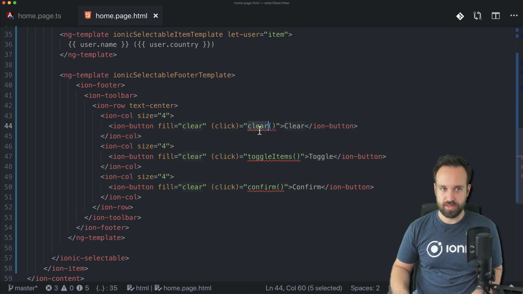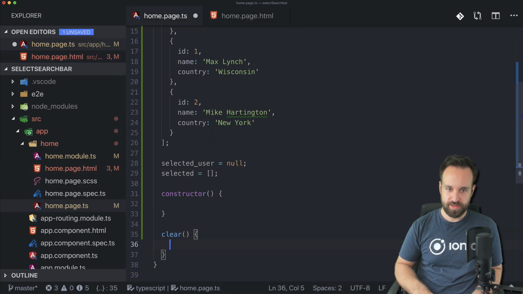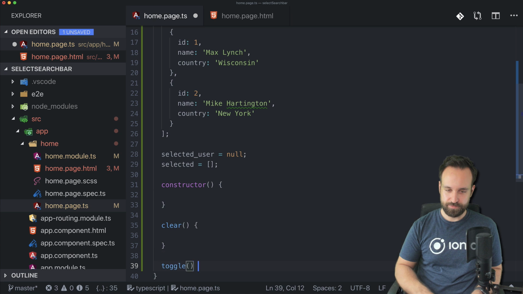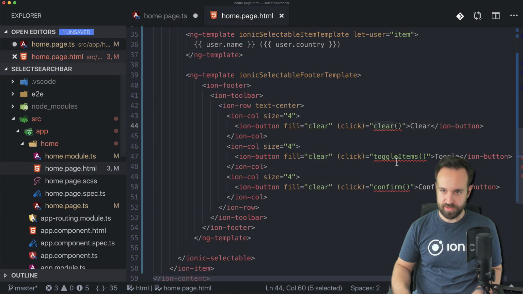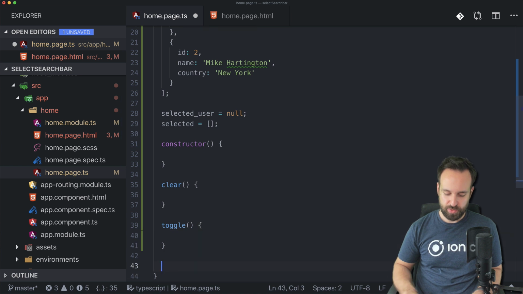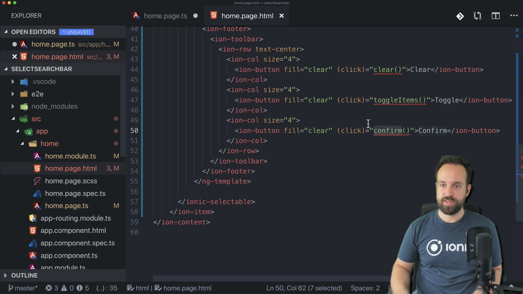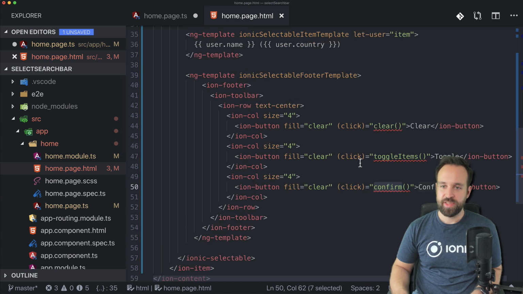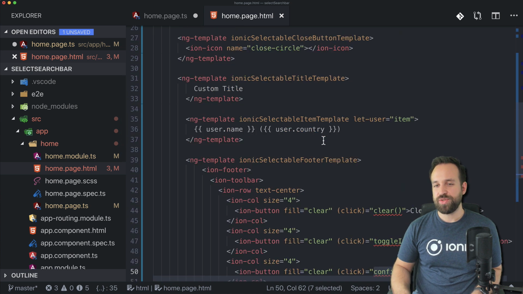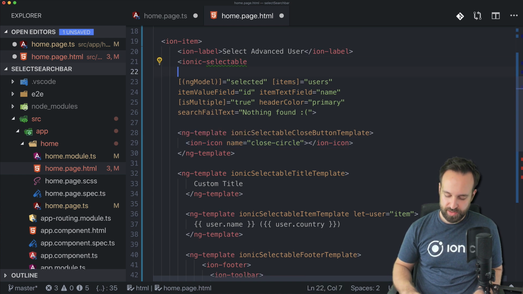So clear goes to our page. Then we got a toggle. And then we also got, of course, toggle items. And then we got a confirm. Okay, so 3 functionalities. Also, in order to call or access the actual selectable component, we will give it an